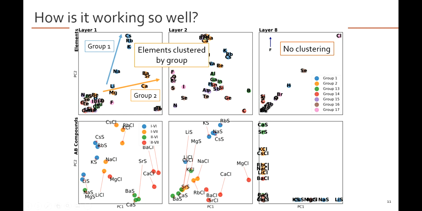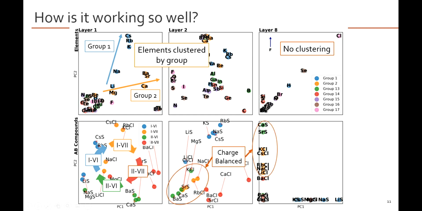When I look at the binary compounds, I also see a similar pattern. At first, I can explain the groupings here merely by the groups, meaning columns, on the periodic table, where 1,6 is next to 1,7, which is next to 2,7, which is next to 2,6, which is next to 1,6. So I can explain it just by a stepwise difference. But I end up finding in my second layer and onwards that materials that are charge balanced are grouped together. And this is a feature that's emergent from having 2 or more elements in a compound,